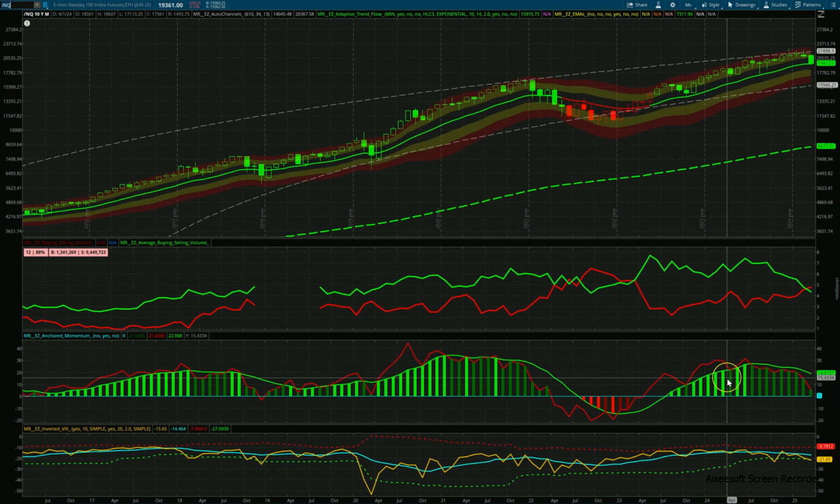And in terms of the momentum, the red line, the fast line is really cracking to the downside, and the green line, the slow line, it's cracking to the downside too. Not as much because it's a slower moving average, but